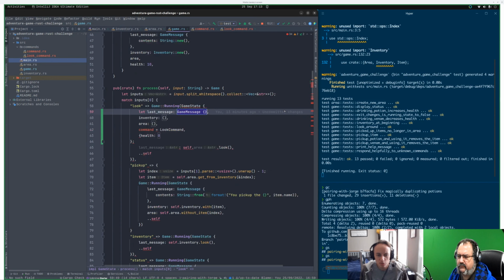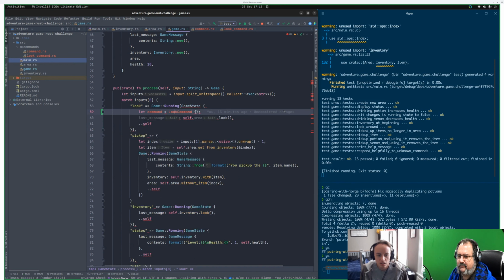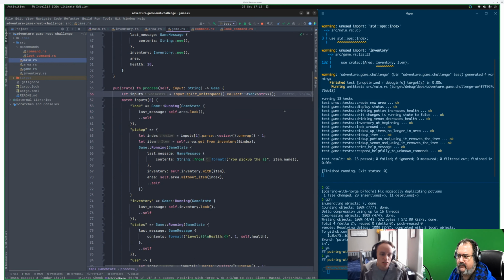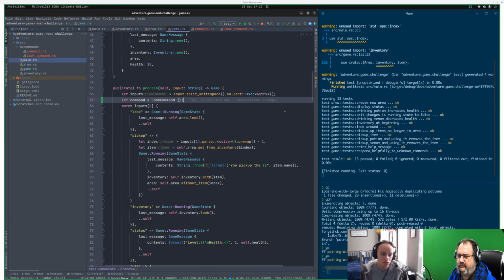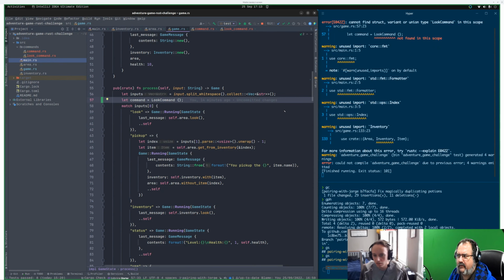I don't have any missing fields. What are you on about? Oh, right. I'm doing this completely in the wrong place. Hang on. Let me just try this up here. If we save that, it's going to complain, right? Yeah, because look command not found in this scope, but we're not getting any option to automatically import it, which is a bit of a pain.